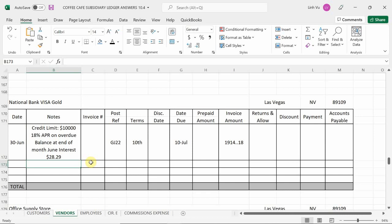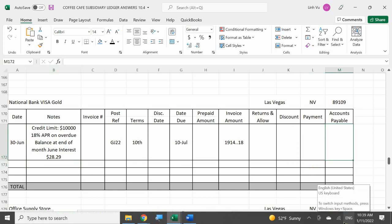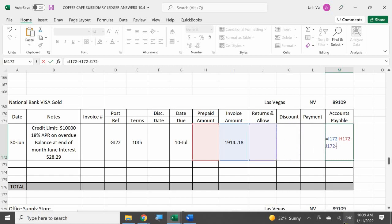Because in this case, right, I can't say my Visa payable is worth $19.14, right? Because that's not true. I only spent $18.85, right? And yes, you could also have done this as well too. If you wanted the Visa payable to reflect the $19.14, yes, you could have used the Visa payable to pay for the interest that you've incurred as well. And then when you enter in the bill, it would be for the $19.14. Again, that's another correct way that you could have done that. But in this case, I'm going to do it this way. All right. So that means I owe National Bank Visa credit card a total of